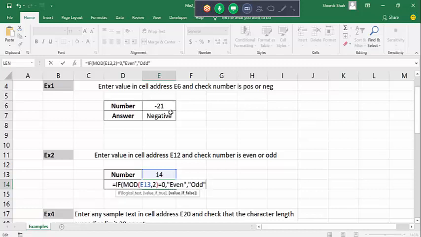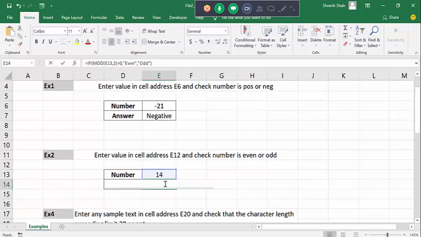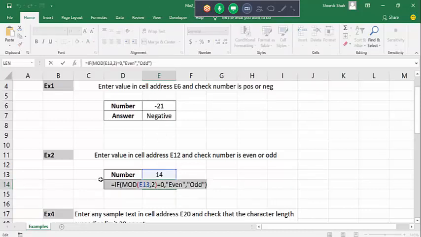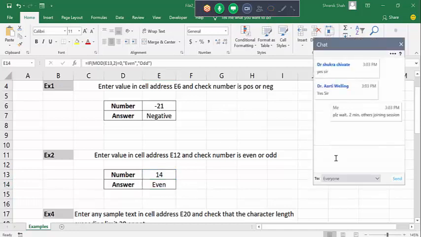So if the number is not even, then it prints odd. You capture the syntax, and on your system you can also do the practical along with me. So this is how you can write an IF function. I press enter, and I will share the function in the comment box, so you can also try it on your system.